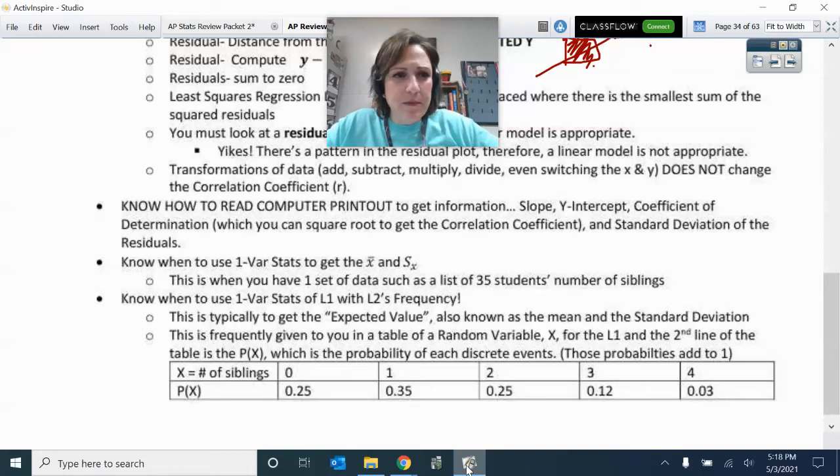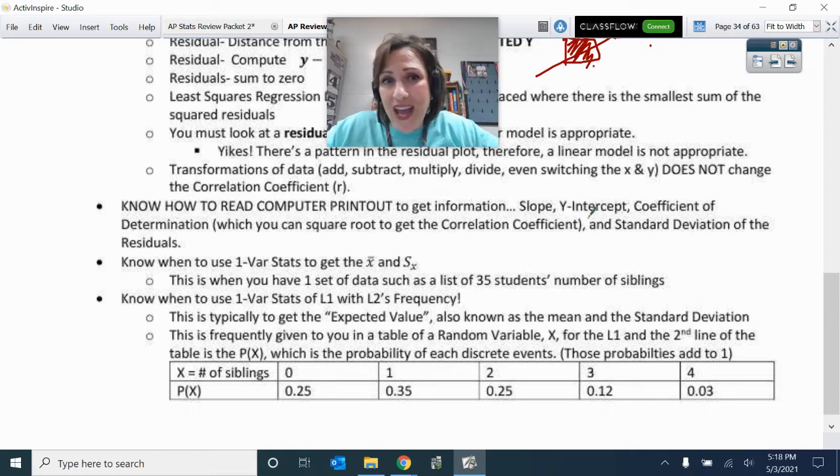All right, let's finish this up. Just a couple other little things to say. Remember that right before our Unit 10, we really delved into the computer printouts. So you have got to know where that information is, where those coefficients are, which one is the y-intercept and which one's the slope. Remember that we started using the calculator,